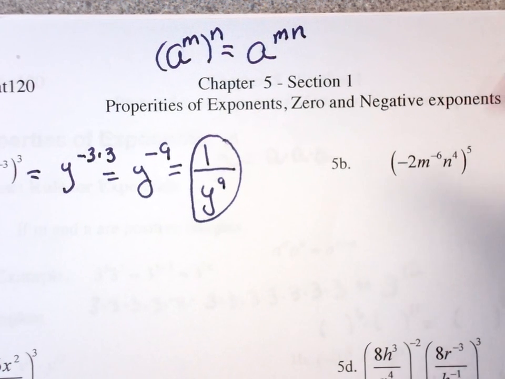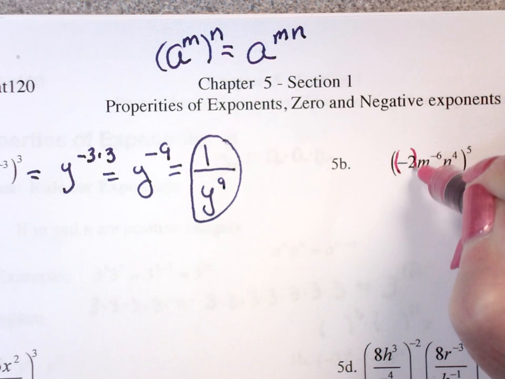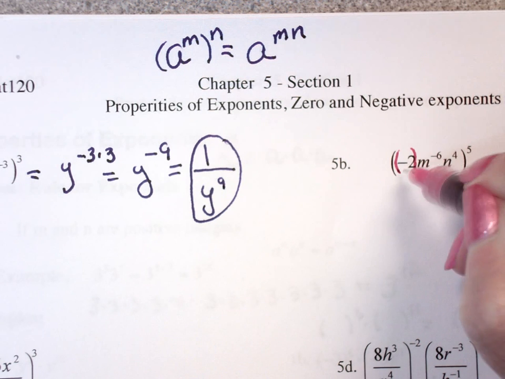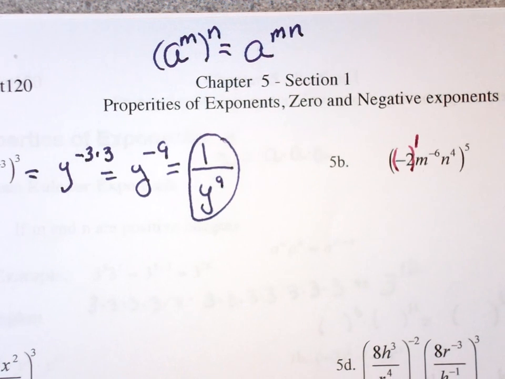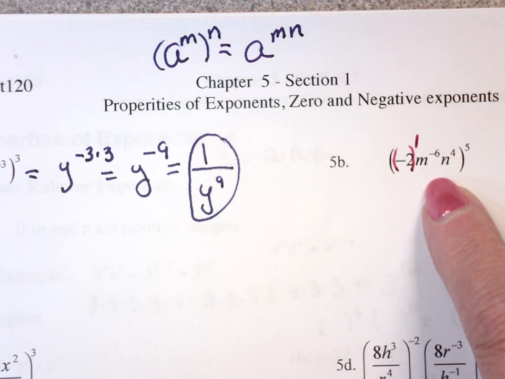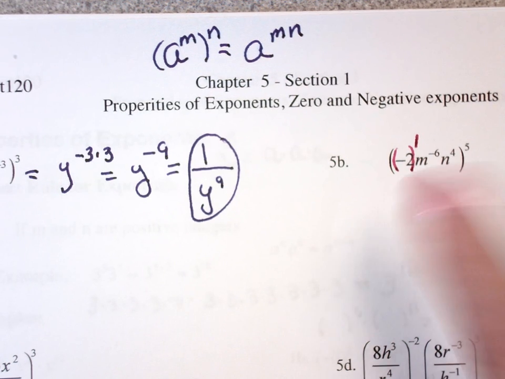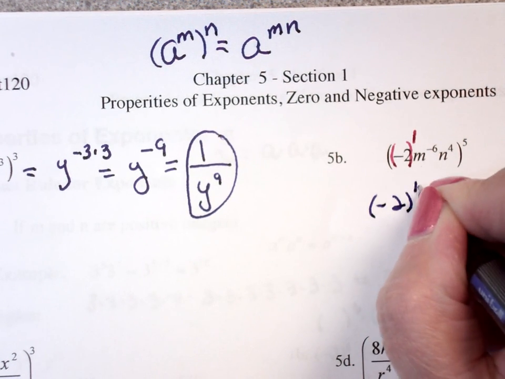When I'm looking at something like this, the first thing I do is there's the number. Number's not attached to the m. It's not attached to the n. The number is his own thing, and he's raised to the 1 power. If I were to write this out 5 times, I would be multiplying negative 2 times itself 5 times. So this would then become negative 2 to the 1 times 5,